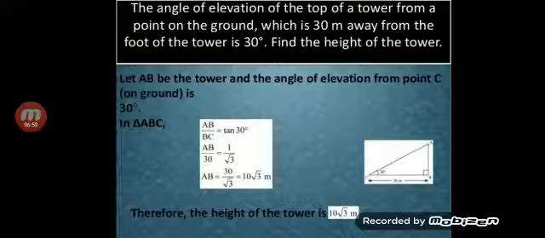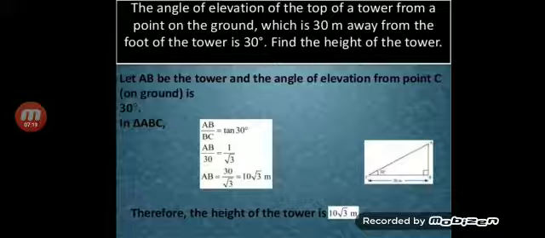Let's consider the right angle triangle ABC. If you define tan 30, that is tan C. Tan 30 is equal to, what is the value? It is opposite side upon adjacent side, that is AB upon BC. We know that tan 30 is equal to 1 upon root 3, and AB upon BC,